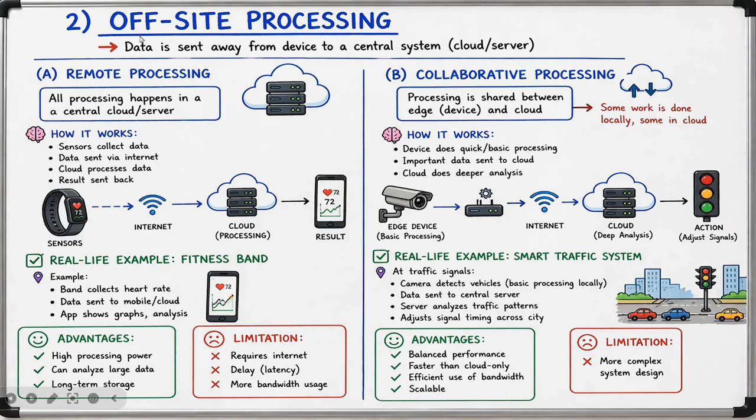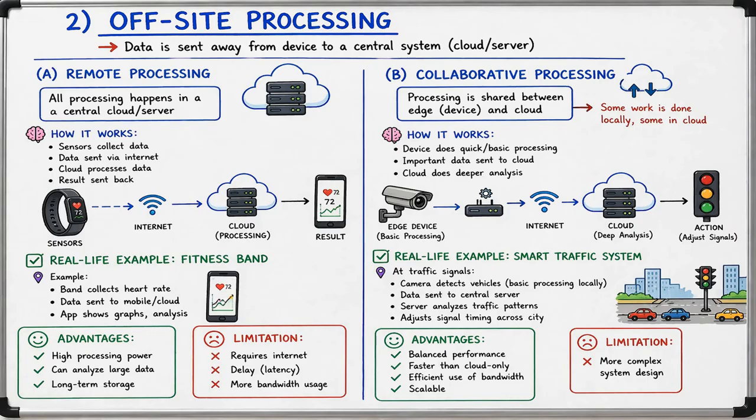Now here we have seen that it has two types. One is the remote processing, another is the collaborative processing. So in remote processing, all the processing happens in a central cloud or the server, and here the sensors will collect the data, that is these devices will continuously gather information such as the temperature, heart rate, or location, and this raw data is not processed locally, and the data